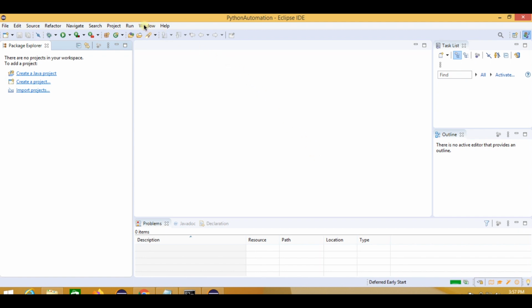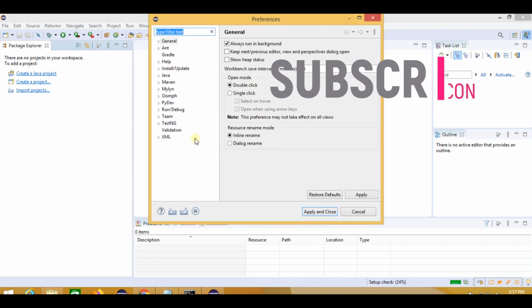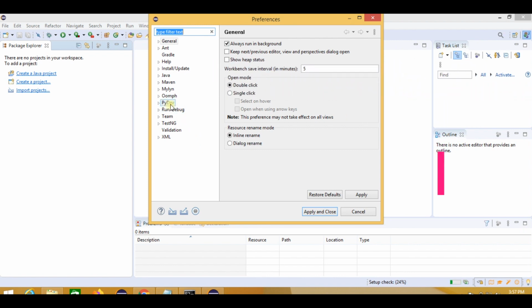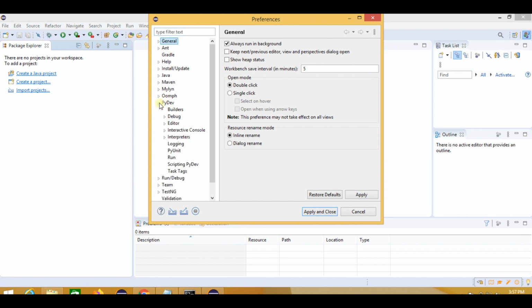For that we have to go to this window and select preferences. In preferences we can see PyDev. So it means PyDev is successfully installed on Eclipse. If PyDev is not present here, it means there is some issue due to which PyDev is not installed on the Eclipse. Then we have to click on this arrow, then go to interpreters